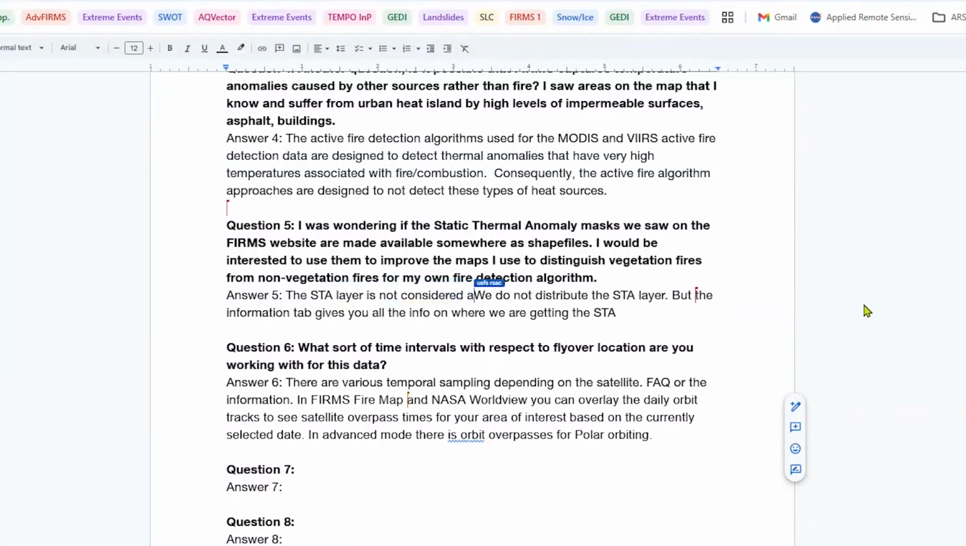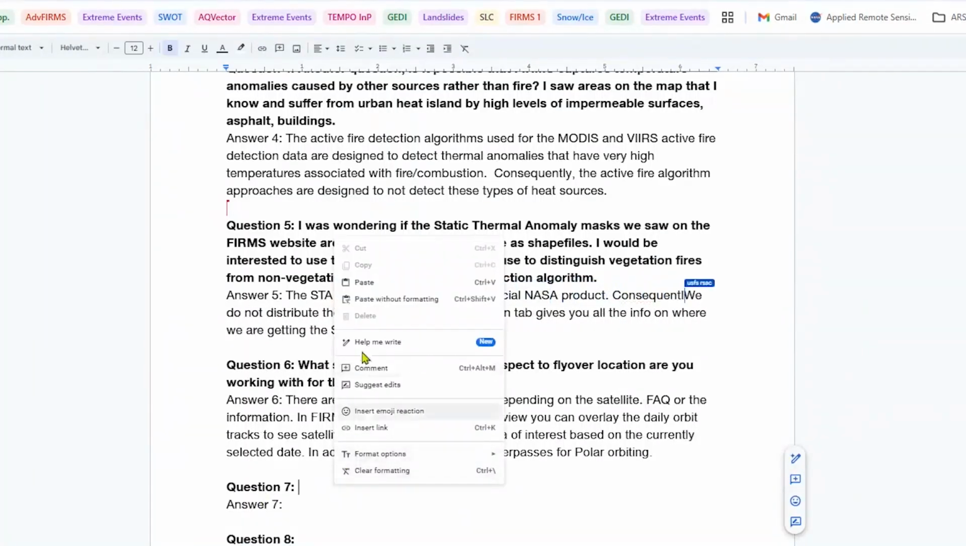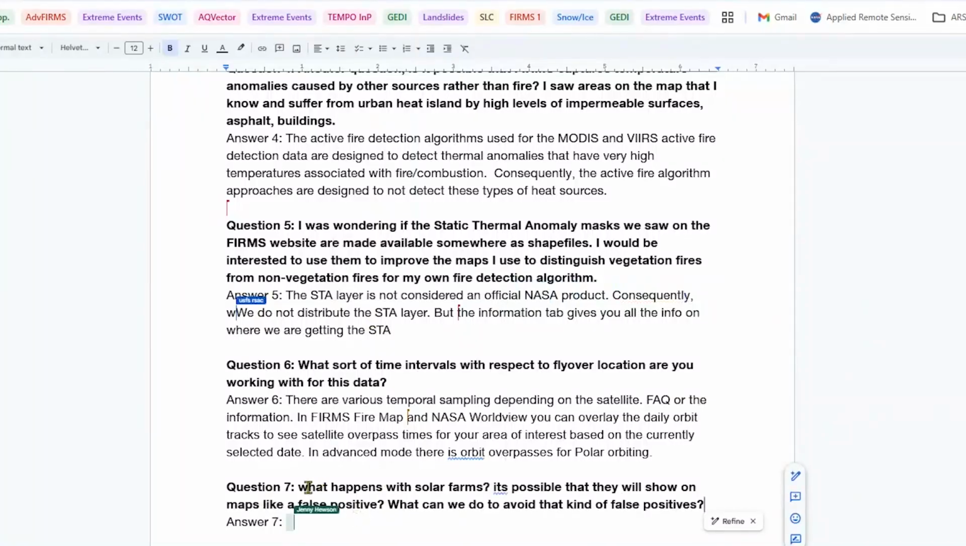Okay, I have a question I haven't moved over here yet, but I'm going to throw it in here so everybody can see it. What about solar farms? Is it possible that they will show up on a map as a false positive? Yeah, Brad here. I can take that one, Brock. Yes, potentially solar farms can,